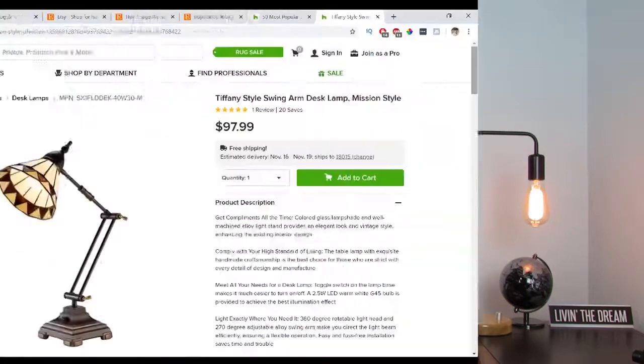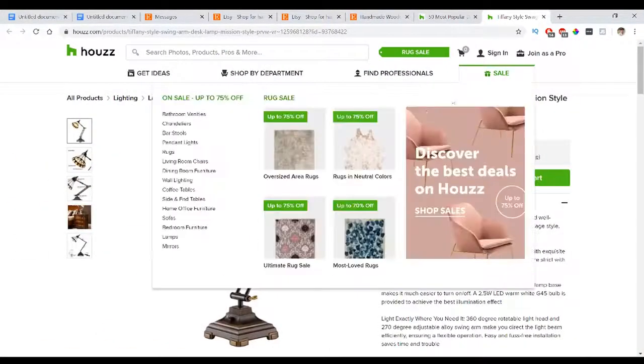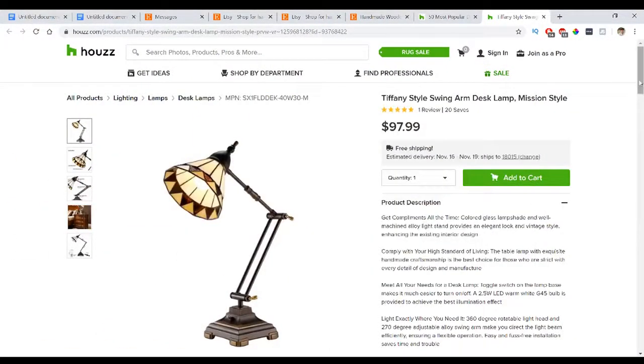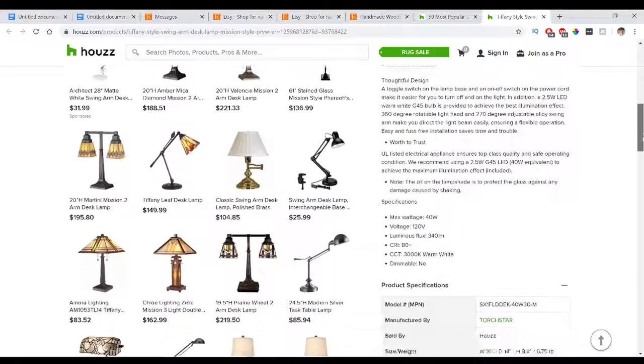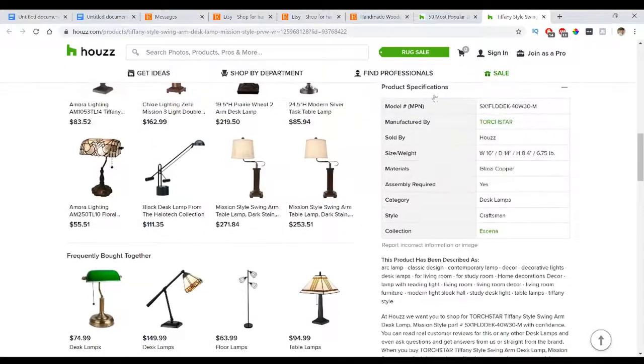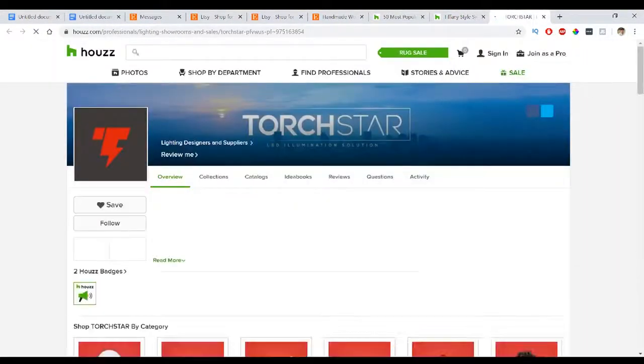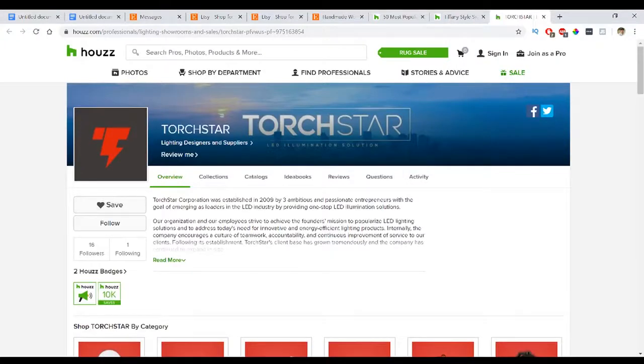Now the process is very similar on a lot of other retail sites, but just to show you on Houzz, typically I'll go ahead and find an item. You could always Google the company if you can't find it, or if they don't really have a contact feature. Another thing that you can also do on Houzz, underneath product specifications, is see who it's manufactured by, and then you open this link in another tab, and that will bring you up, and then you can contact them, follow them, or you might even be able to Google them, find their email or their website and contact them using that method.